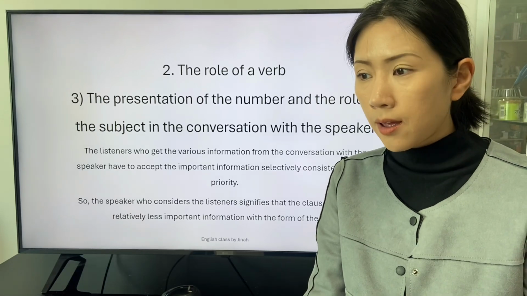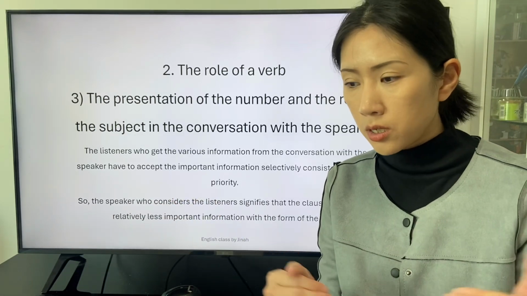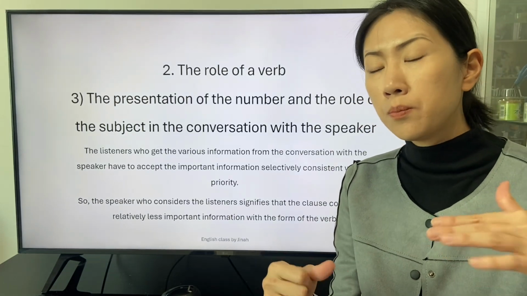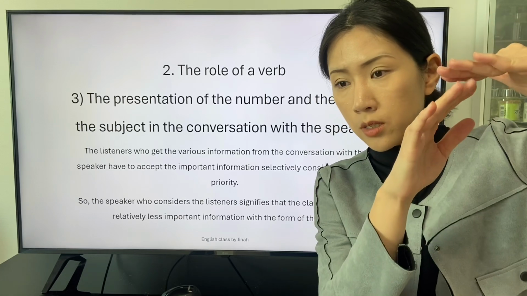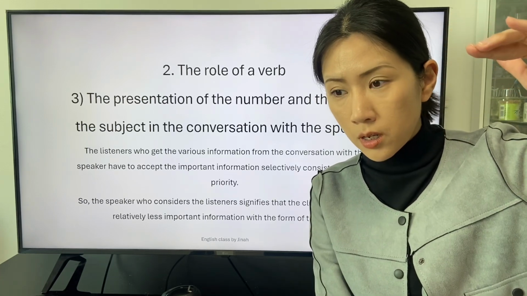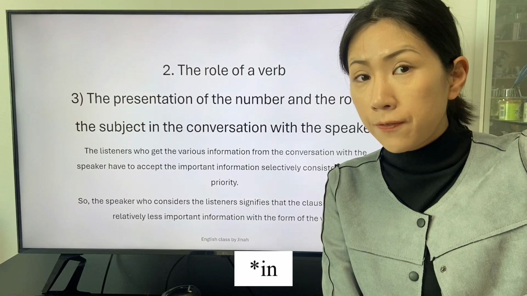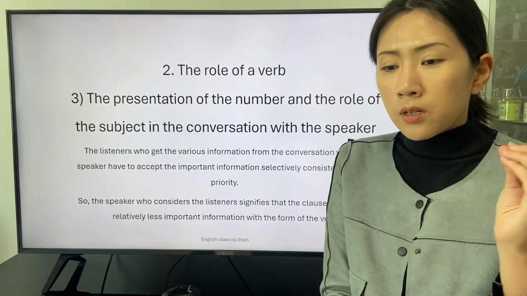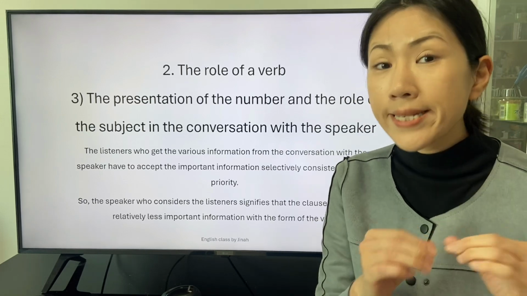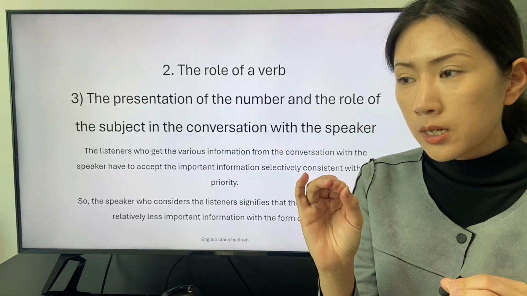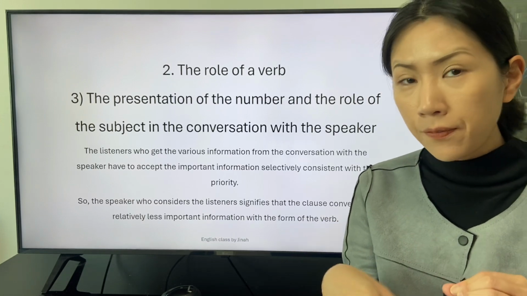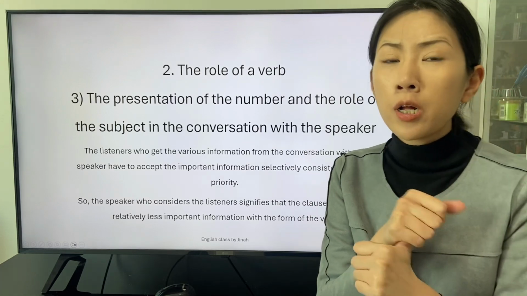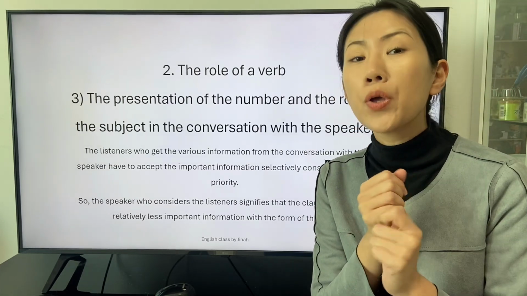The listeners have to arrange the information from the most important information to the least important information in the conversation with the speaker. So the speaker signifies the most important information because the plural number of the subject or